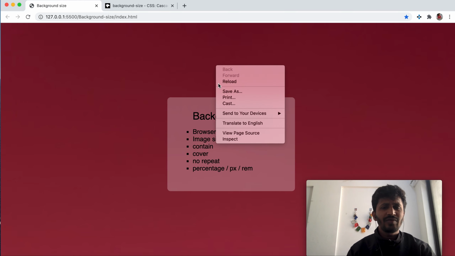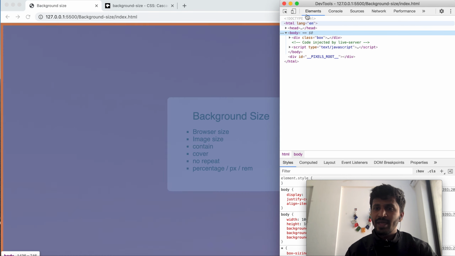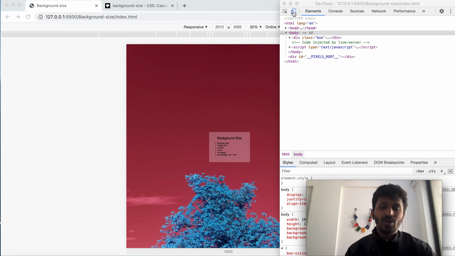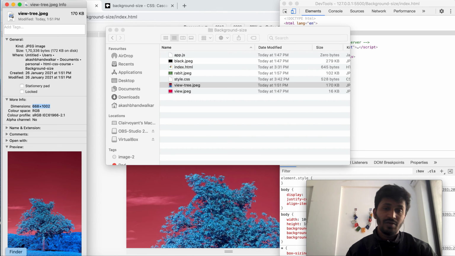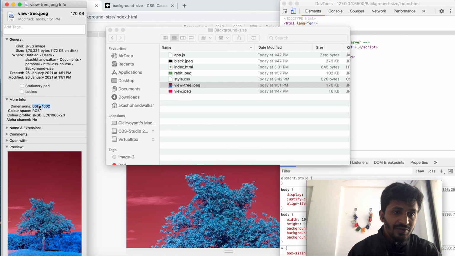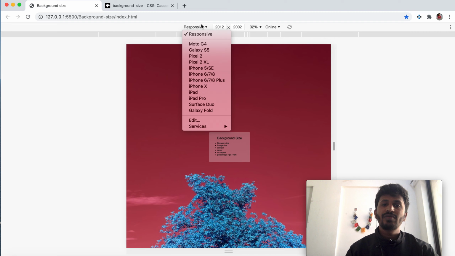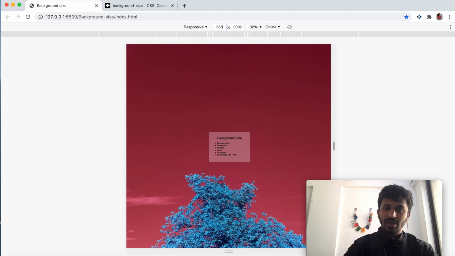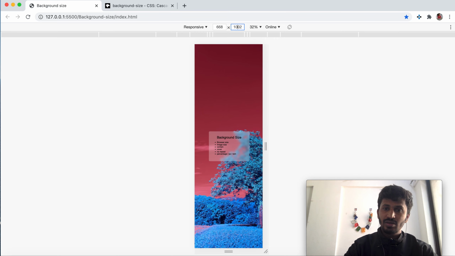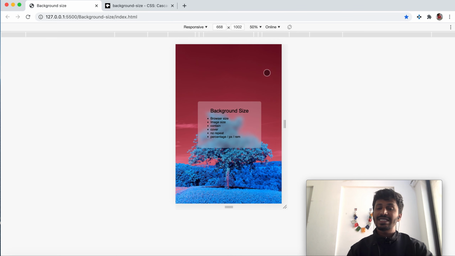There is a way we can see that complete image. Let's see what the dimensions of the image are first of all. The dimensions of the image are 668 by 1002, right? From this drop down you can go into the responsive section. You can give 668 by 1002, and here we can see a complete image, and the body is filled with the complete image.